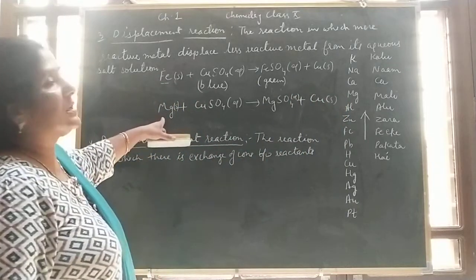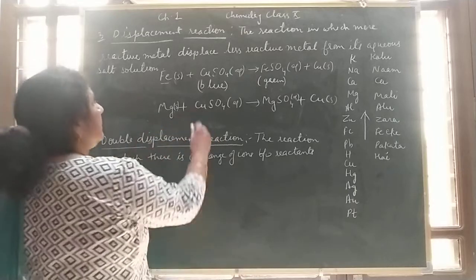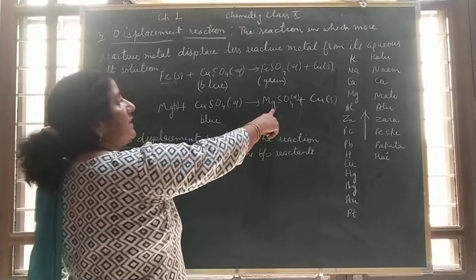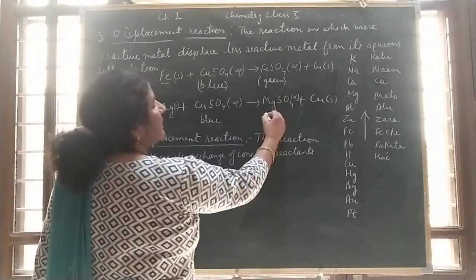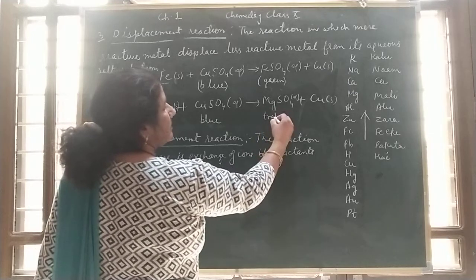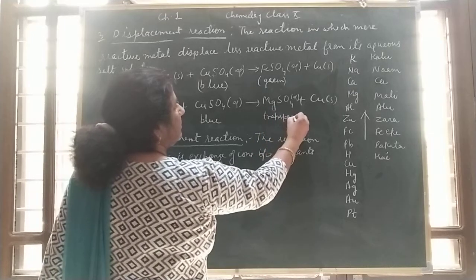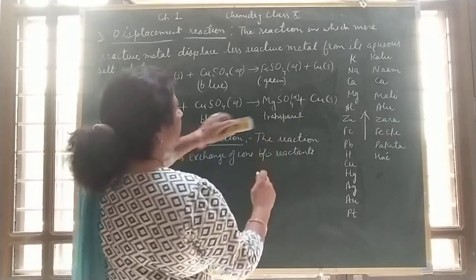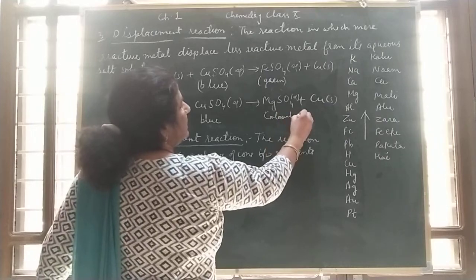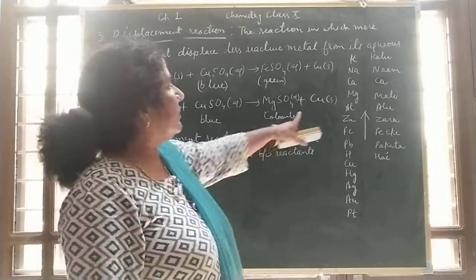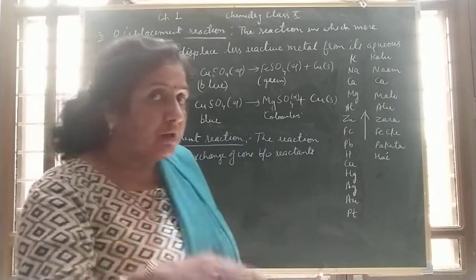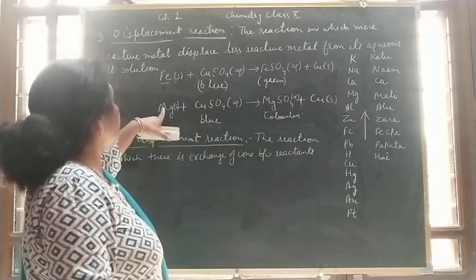Now magnesium is also green in color, this is blue in color, but magnesium sulfate is a white colored salt, so the solution will become transparent, means a transparent or colorless solution is formed,